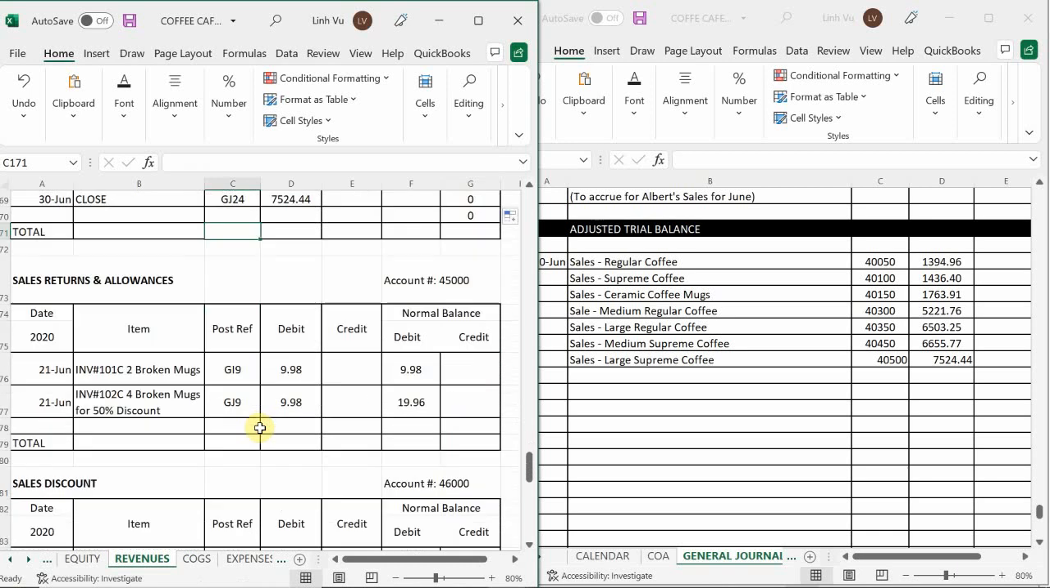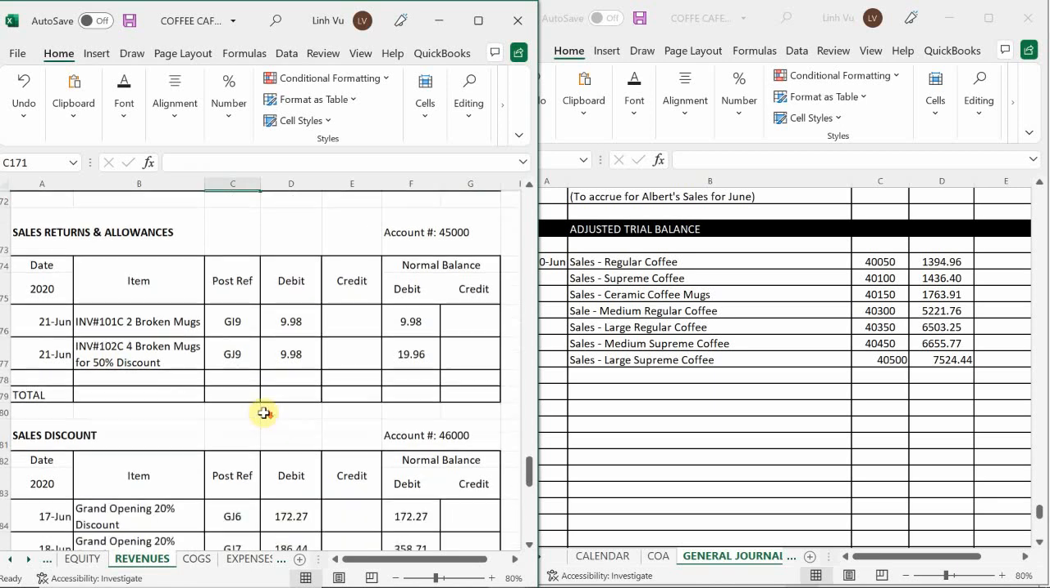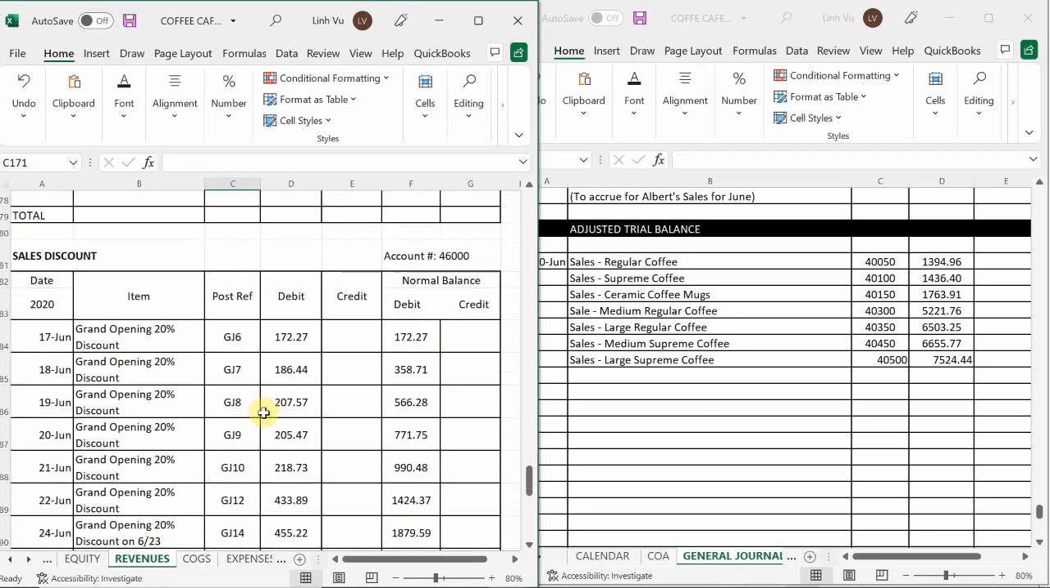Okay. Next, I have my sales returns and allowance. This has a debit balance, so I need to credit this account. What I'm going to do is skip this for now just because I know I should have a couple more credit accounts. I need to put my debits first. Okay, so I'm going to skip that for now. My sales discount has a debit balance as well, which I need to credit, so I need to skip that